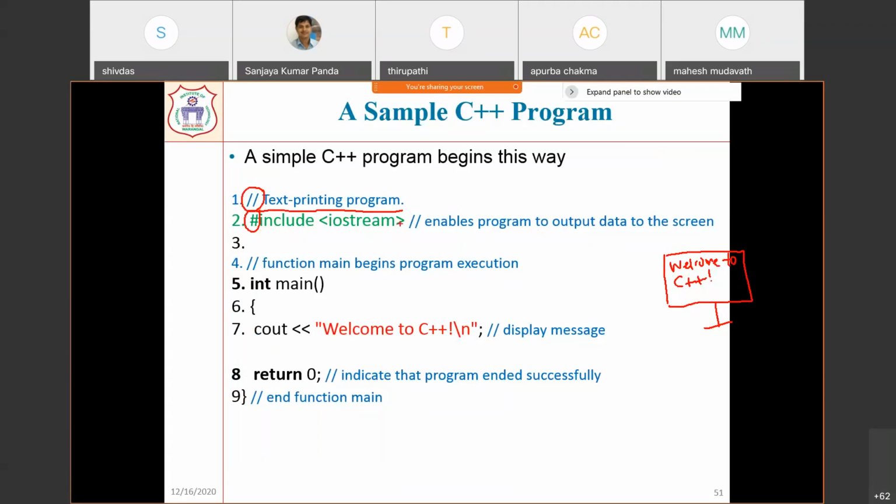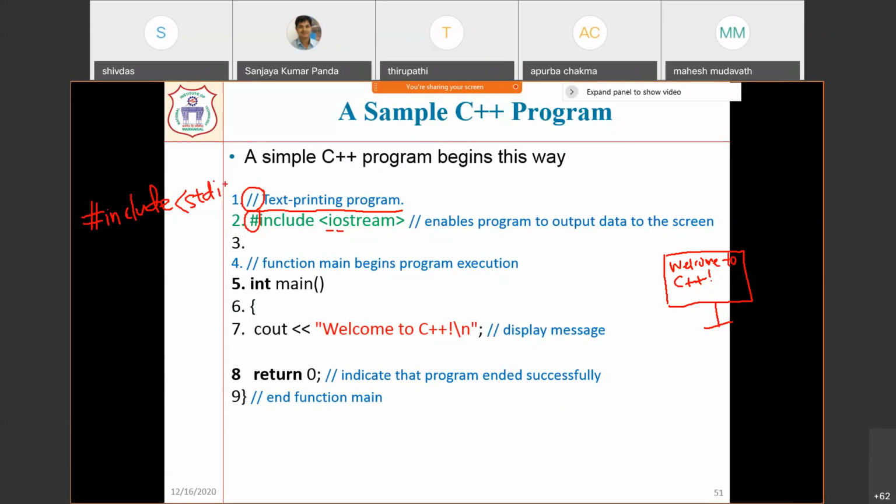By using this, you can write something onto the computer screen, where you can see I stands for input, O stands for output. So both input stream as well as output stream is supported by this header file. And inside the header file, whether it is C or C++, a lot of functions are there. Like in C, if you remember, or in the previous class also, we discussed that we are using #include